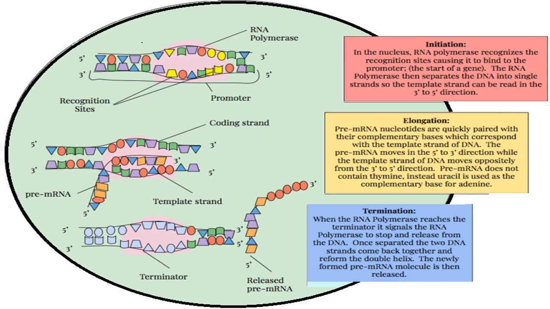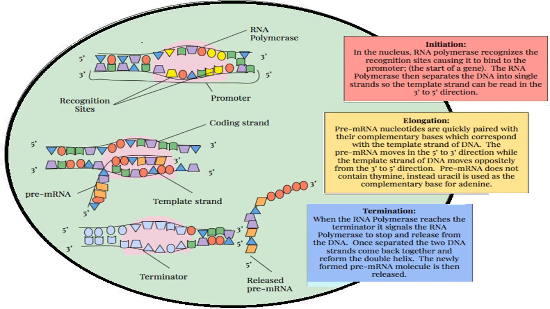Initiation. In the nucleus, RNA polymerase recognizes the recognition sites, causing it to bind to the promoter. The RNA polymerase then separates the DNA into single strands, so the template strand can be read in the 3' to 5' direction. Elongation. Pre-mRNA nucleotides are quickly paired with their complementary bases, which correspond with the template strand of